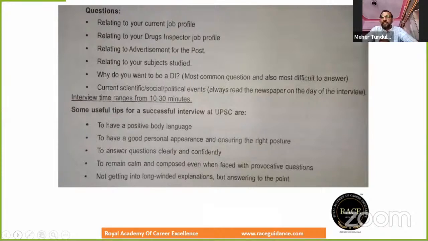अगर आप ड्रग इंस्पेक्टर बनना चाहते हो तो आप क्यों बनना चाहते हो, इसका रीजन सैलरी नहीं रहना चाहिए। इसका एक अच्छा आंसर आपके पास चाहिए कि आपको ड्रग इंस्पेक्टर क्यों बनना है, और ड्रग इंस्पेक्टर का किस तरीके से जॉब प्रोफाइल होता है। उसके बारे में कभी कभी आपको एडवर्टाइजमेंट के बारे में पूछते हैं कि आपने ये एडवर्टाइजमेंट कहाँ से पता किया, क्या पता है आपको।